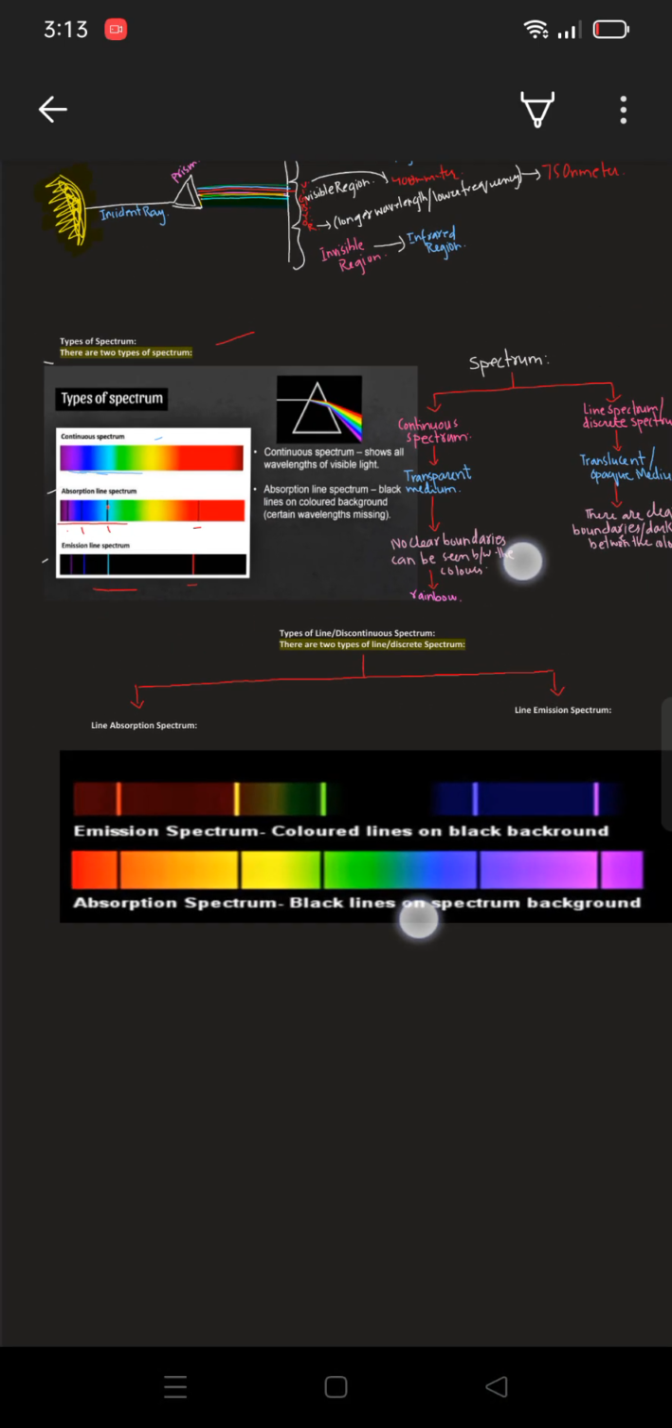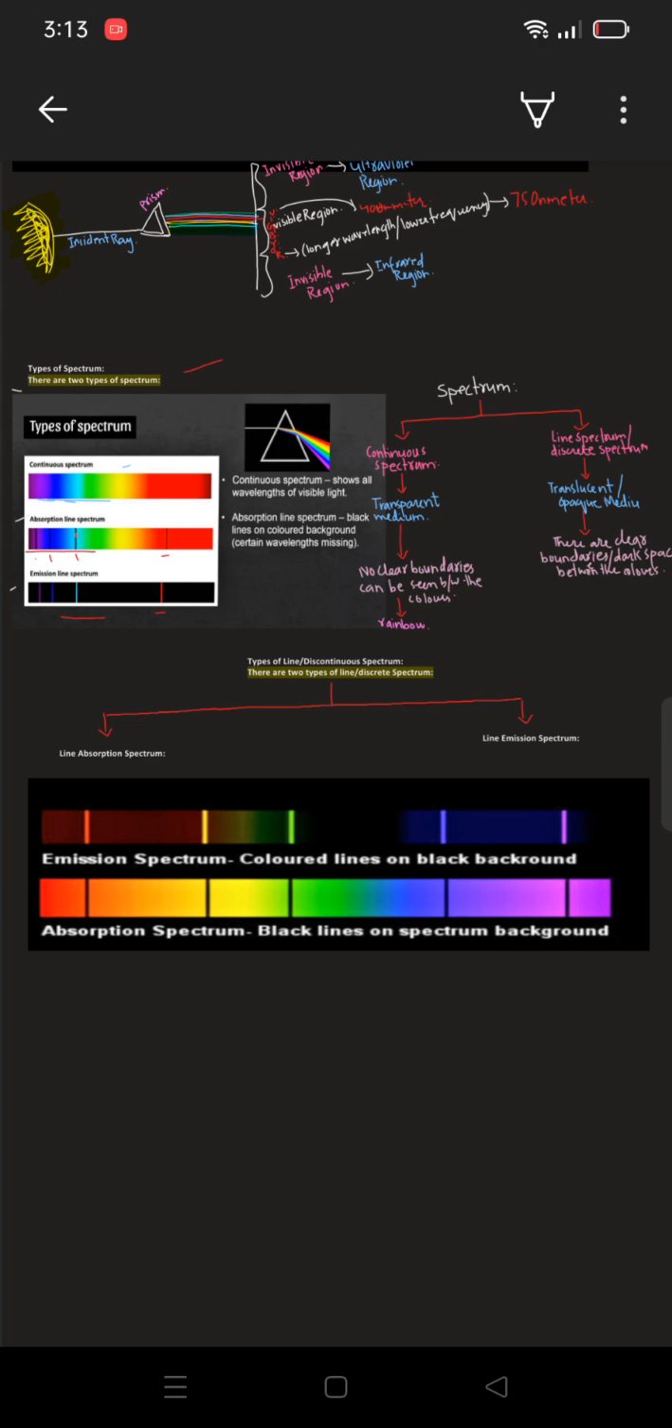Now let me tell you what these types are and why they differ from each other. What is line absorption spectrum and what is line emission spectrum? As I've already told you, line spectra are produced by translucent or opaque objects, for example elements, atoms or molecules. So when we pass an incident ray from any source through any element, atom or molecule,